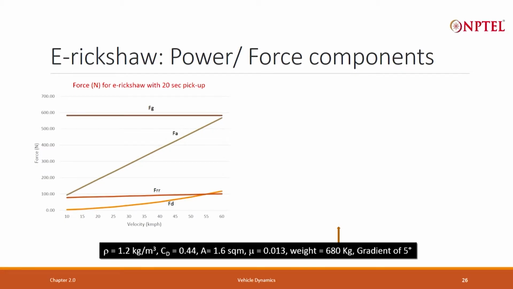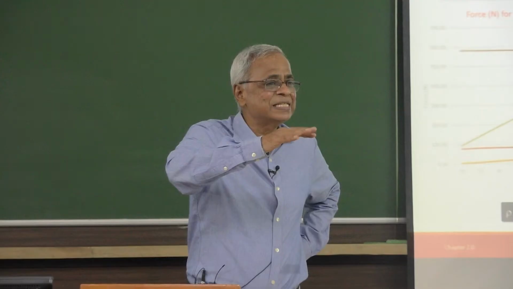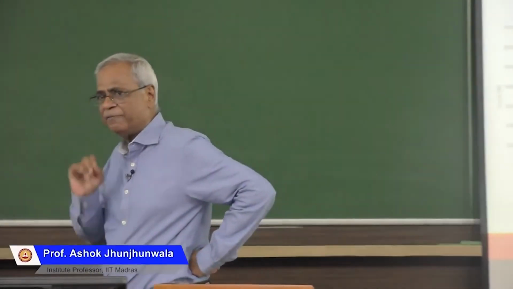Move from two-wheeler now to something else, an e-rickshaw. Very similar vehicle, rho is same, CD changes slightly to 0.44, area changes to 3, the amount of area that the air will cut will become larger. Mu is same, weight increases like anything, because suddenly you are talking about 5-6 people. So, instead of 200 kg you are talking closer to 700 kg, 680 kg, that will make a very big